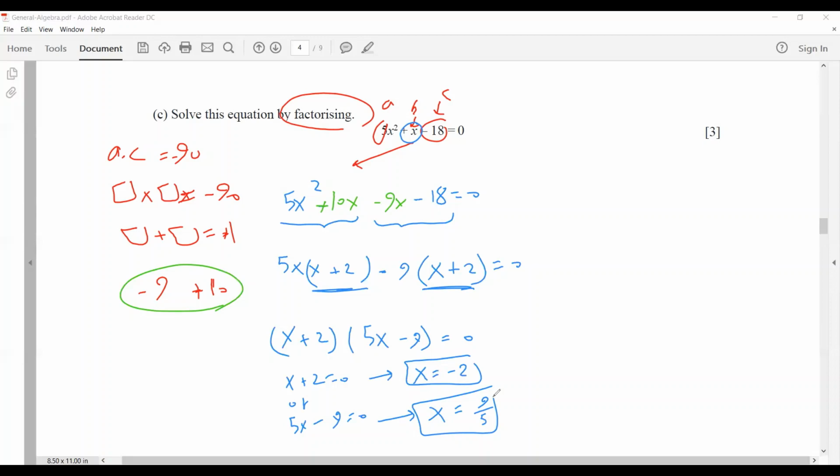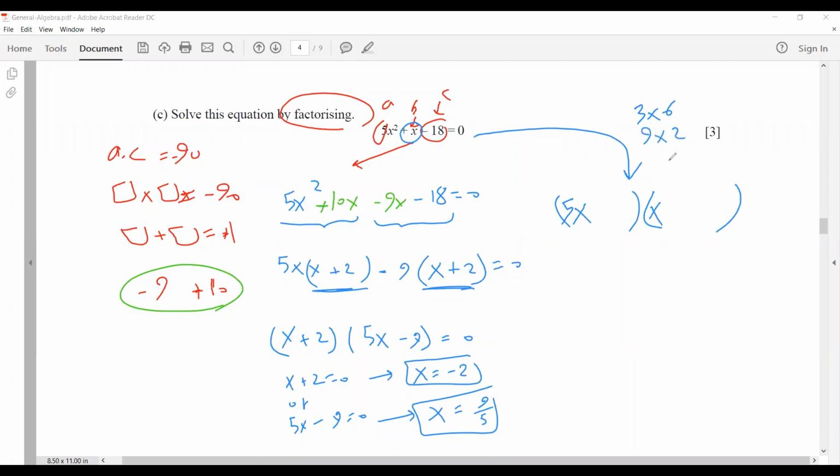So that's why I don't suggest you to use it always. Here, probably inspection for me was faster, because I could immediately open the two brackets 5x and x. Why 5x and x? Because 5 is a prime number, so there is only one combination I can come up with. And then you look at 18, and you know 18 can be obtained by multiplying either 3 and 6 or